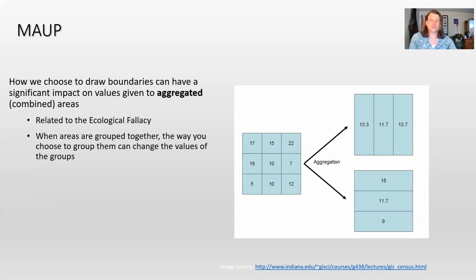So for instance, if you look at this set of 9 values, we could choose to group it 2 different ways. And say they're people and the numbers represent ages. If you group them into 3 sets and you group them one way, you could get very similar mean values. If you group them another way, you could get very different mean values where the highest value is more than double the lowest. And so this is just a simple illustration of how the choice of boundary and aggregation method could change values.